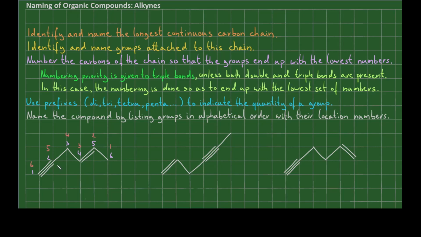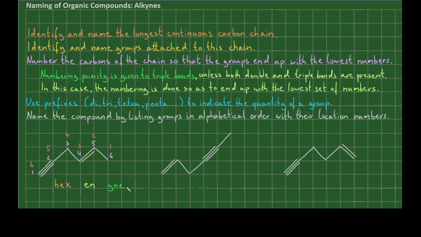What is the name of this compound? It definitely has 6 carbons, so I can use the prefix hex. I need to indicate that I have a double and a triple bond present. Which one do I list first? I go to the guideline in white, which tells me to list the groups in alphabetical order. This means that I will list the suffix "-ene" for the double bond before I list the suffix "-ine" for